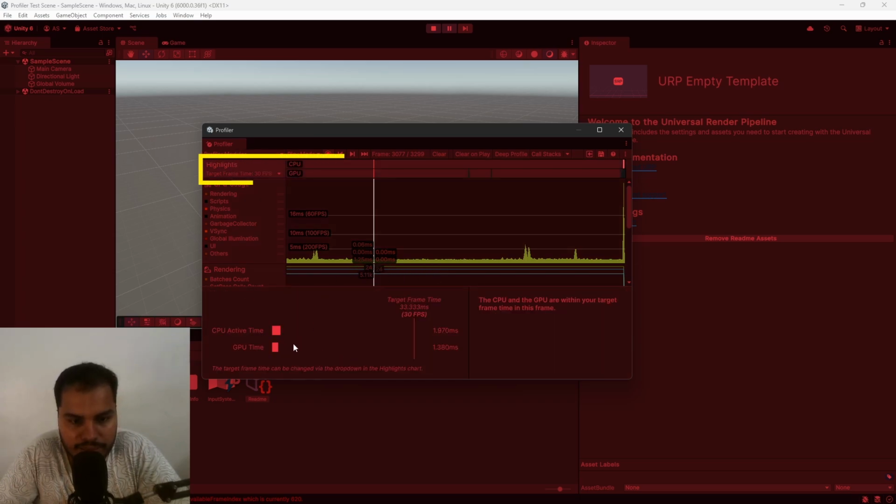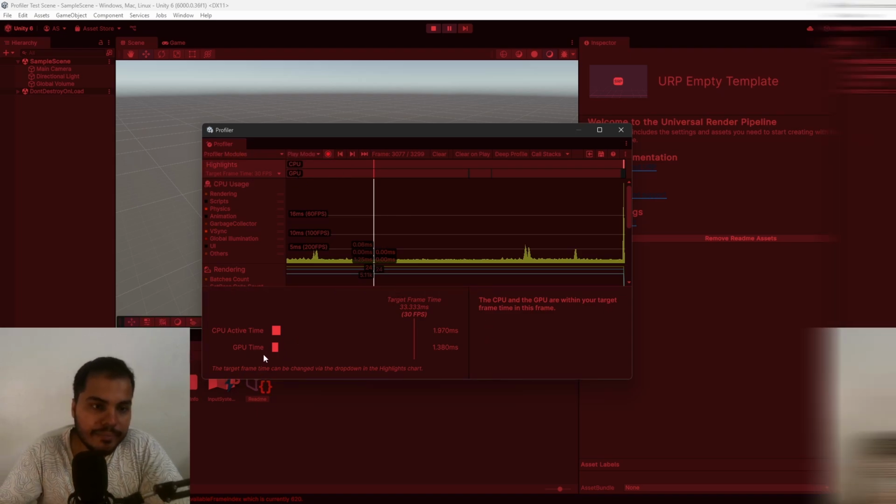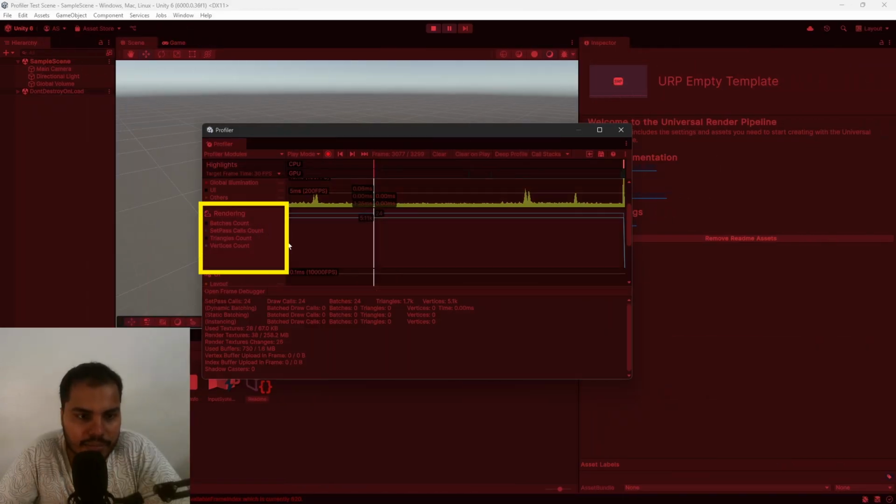You can go to highlights module and it will give you whether it is the CPU or the GPU that is taking more time. Okay. Next, click on the rendering module